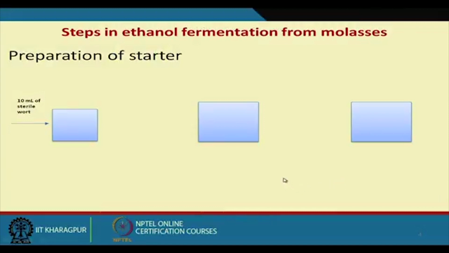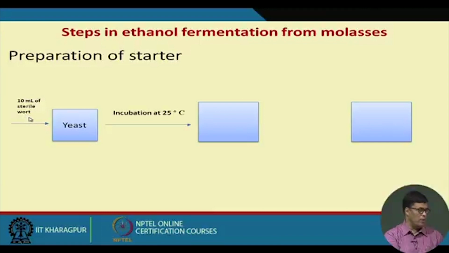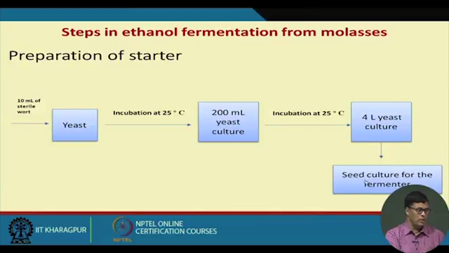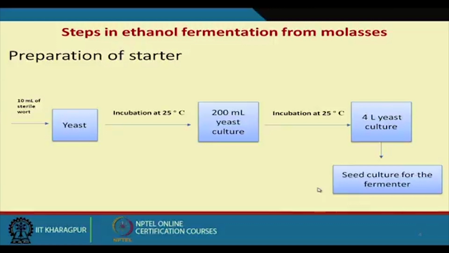Now the first step is the preparation of the starter, because we have 10 milliliters of sterile oat. Oat is a liquefied starchy material, and this is suitable for the fermentation purpose, and this is where yeast is grown, and then we incubate at 25 degrees centigrade, then put it in 200 milliliters of yeast culture, then we incubate again at 25 degrees centigrade to the 4 liter yeast culture. Then with this yeast culture we produce the inoculum in the inoculum vessels, then finally we put it